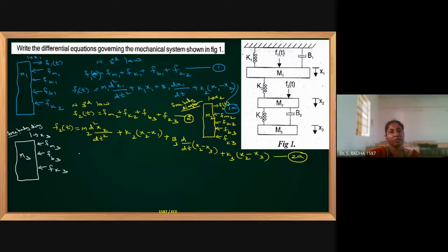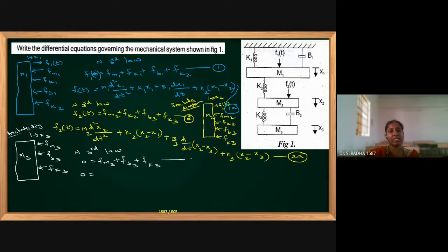Okay. Now Newton's third law: for every applied force, there is an equal and opposite reaction, and the opposing forces are M3, B3, K3. Okay. Why is this opposing there, though applied is not there? Because F1, F2, this complete setup is one machine. Because of F1, F2, there will be some effect on M3. So there will be opposing given by these components for M3. There is no applied force, but still for the other two masses, applied forces are there. That effect will be there on M3. That's why we are having opposing forces.